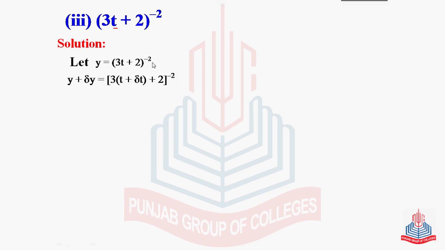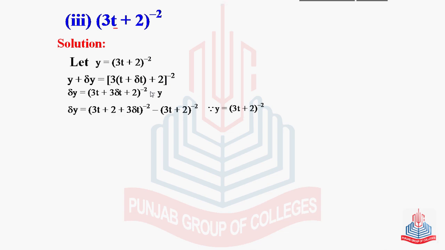is equal to 3 into (t + delta t) + 2, raised to the power minus 2. When there was x, that was replaced by x + delta x, but here we have t, so t will be replaced by t + delta t, and delta y = (3t + 3 delta t + 2) raised to the power minus 2 minus y. And now put the value of y, which was (3t + 2) raised to the power minus 2,